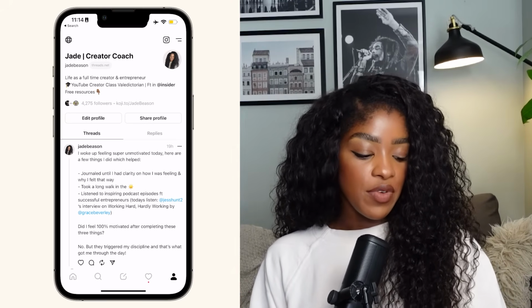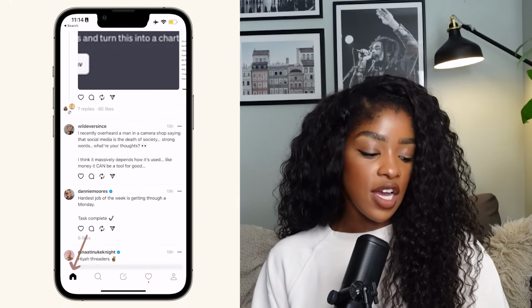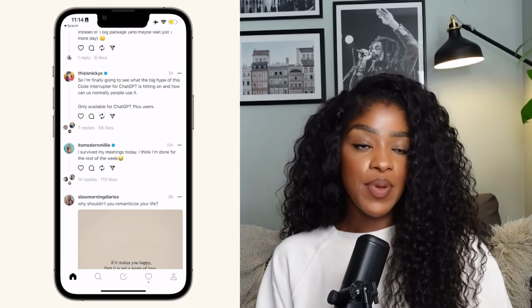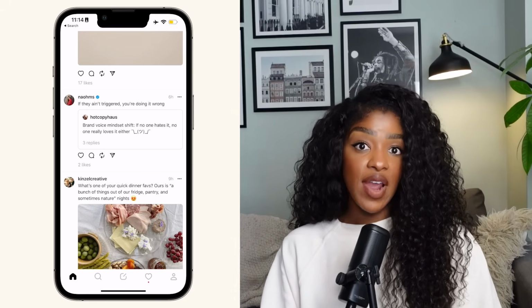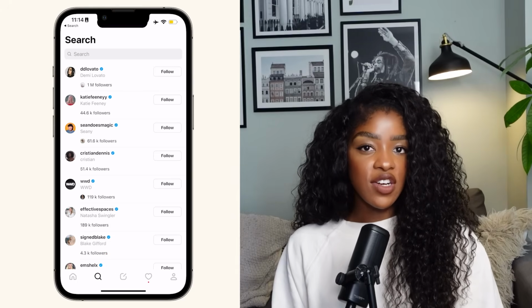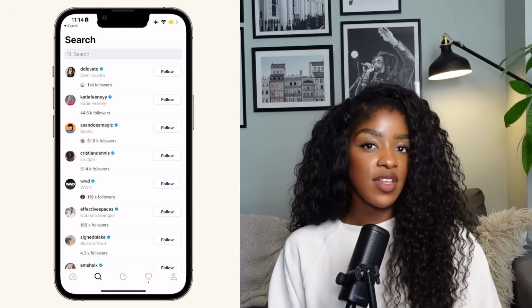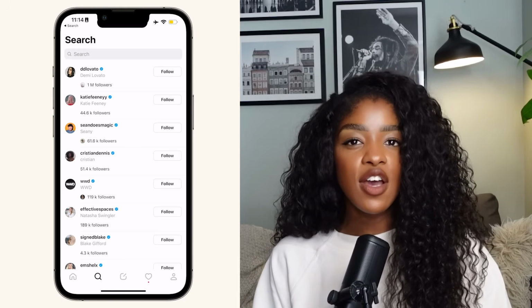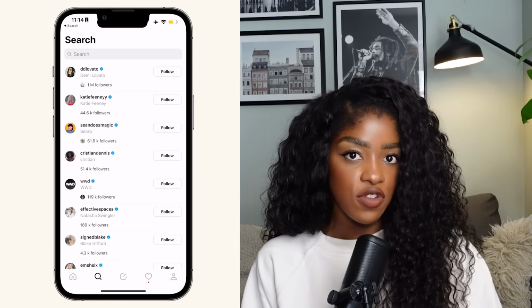The navigation is at the bottom of the page. There's the home tab, which is similar to any other social media site, where when you press the home tab, you're able to see content from people you follow, in addition to posts that Threads thinks you'll like. There's also the search button, but I'm not going to lie, the search functionality on Threads isn't quite there yet. It's something they're working on. At the moment you can search for specific accounts, but you can't really search for topics or hashtags like you can on other social media platforms.